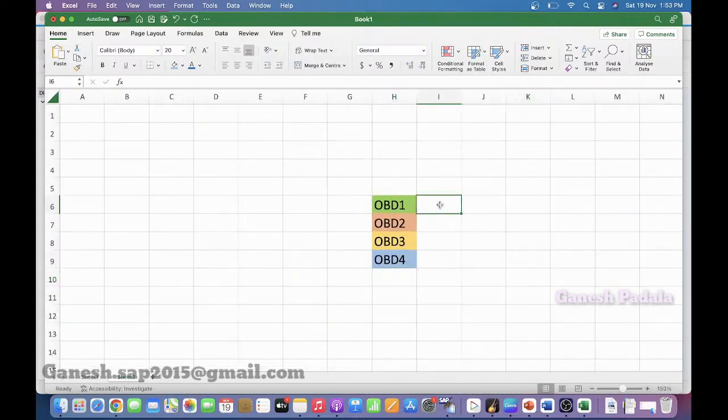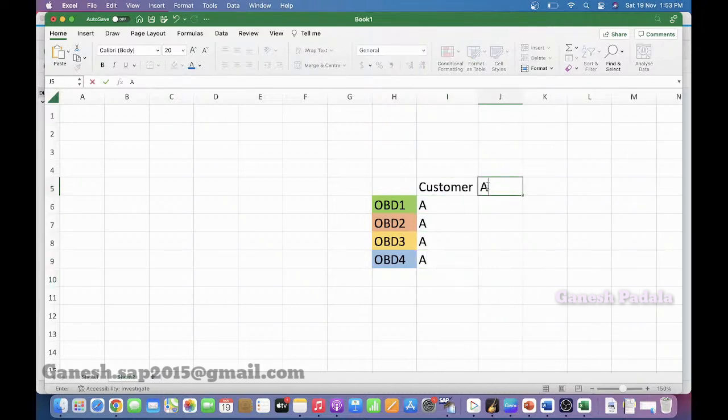All four deliveries may be for the same customer, customer A, or else the customers may be different but the area is the same, maybe North Street, NS. So based on certain criteria, the business can combine multiple deliveries into one shipment.